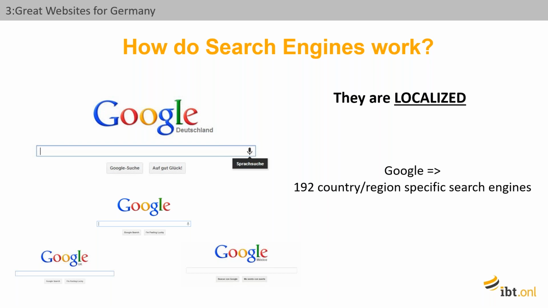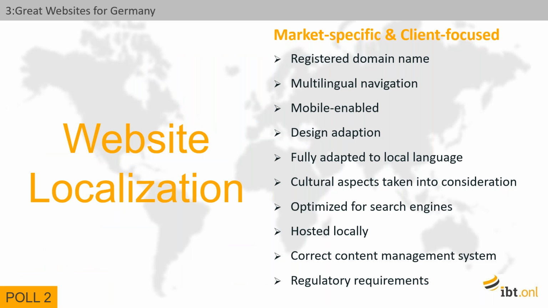It has about 70% market share in the States. So making sure that your website works in Germany means making sure that Google likes you. And Google likes you if you're localized. So here's what we mean by localized. I've put on one slide the 10 characteristics, or criteria, that we use when we talk about a localized website. You can see from this that fully adapted to local language is one criteria out of all 10. There's a lot more things that go into making a website pleasing to the local Google.